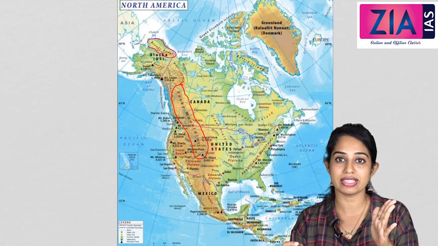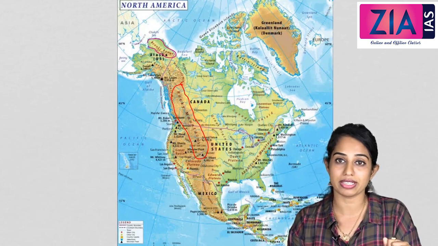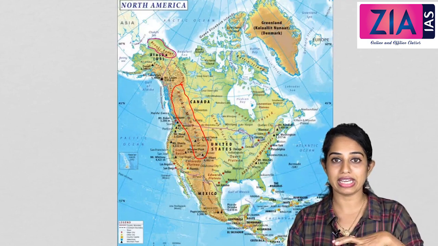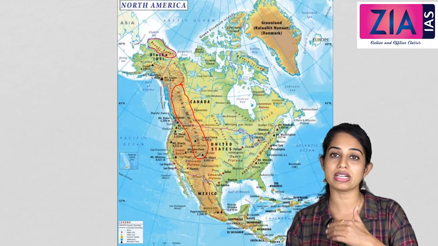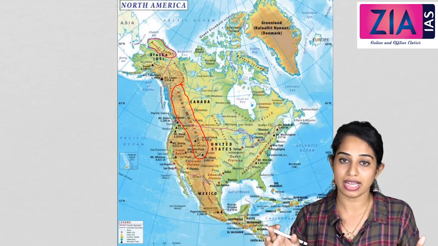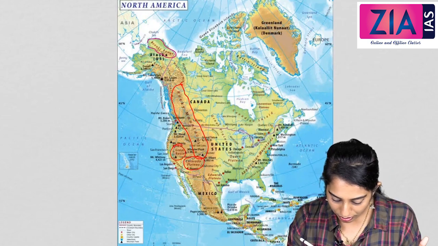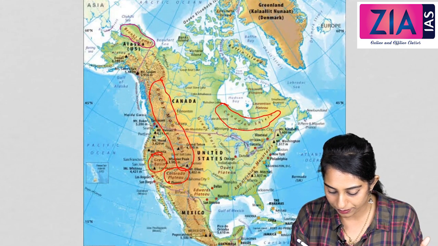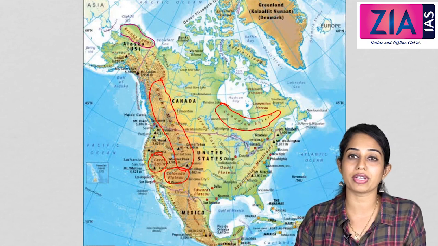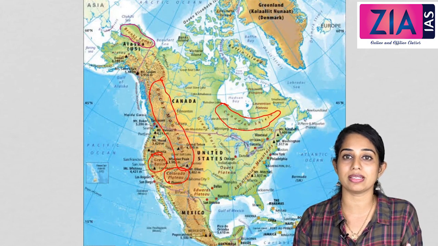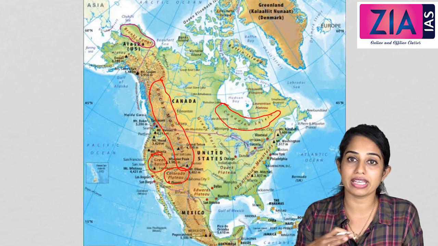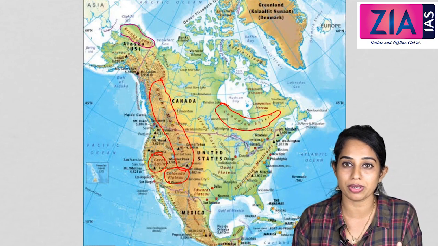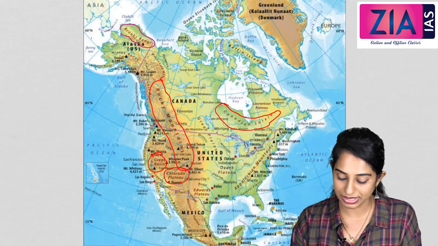Rocky Mountains are in the western part of the North American continent, which start from Alaska, pass through Canada, move towards the US, and finally merge with Mexico and move towards Central America or the Caribbean islands. We have the Colorado Plateau here, the Great Basin, and we can see here the Canadian Shield. Canadian Shield is very important for Canada and for the North American continent because it is a part of the pre-Cambrian era where we can discover a lot of minerals. So for minerals and for import-export and industrial purposes, this area is very important for Canada.